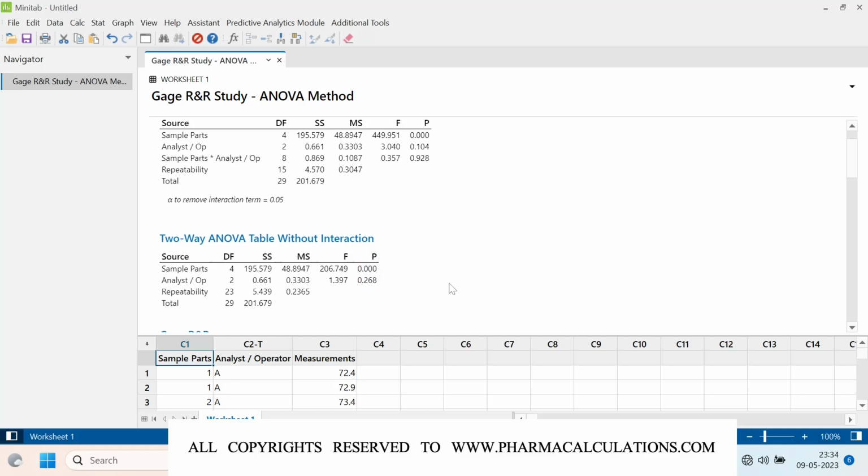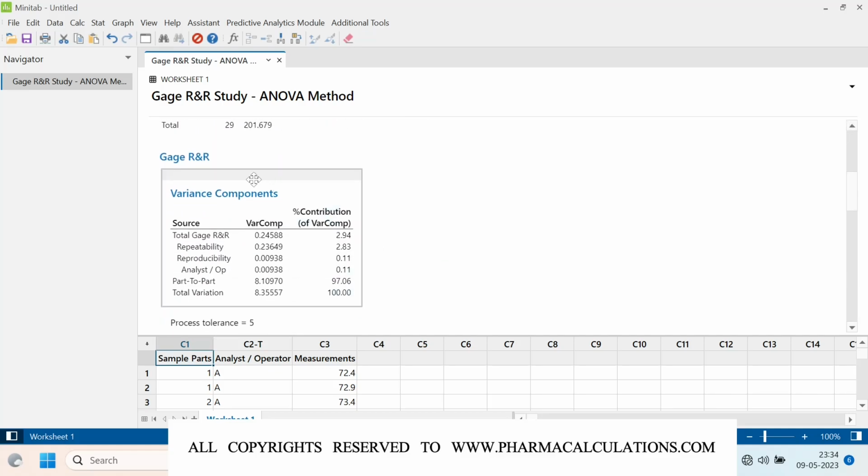And now let's check the contribution part. So here you got the contribution percentages. In this case, we got 2.94% for the total Gage R&R, and for part to part we got 97.06. So from this we can say the measurement system is having less variation, like the variation attributed by the measurement system is going to be low and the part to part is going to be high. So to understand this better, the standard is